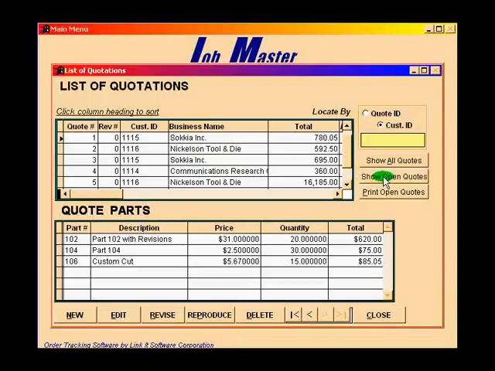Clicking on this button shows only the open quotes that have been produced by JobMaster, which is very handy for salespeople and management, because it gives a list of all the quotes that have been given out but have not been closed or turned into sales orders. And this button will print all the open quotes. Moving down to the lower screen,